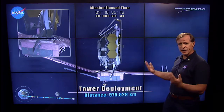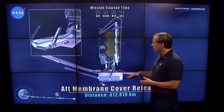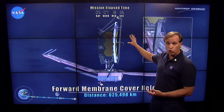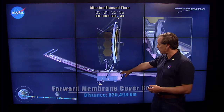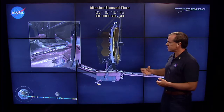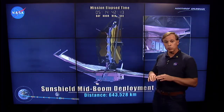Much like a tray table on an airplane, that's how they fold down. You'll see our telescope extending up. We want to get this telescope away from the spacecraft, because remember, this spacecraft is cold and our spacecraft is warm, so we want to separate it. After we roll up some covers that protect those 5 membranes during launch, then we'll actually start deploying out the